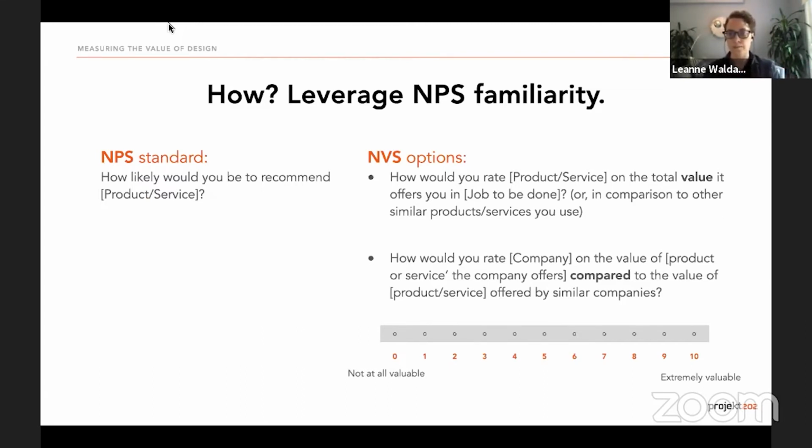You can see at the bottom here, we're measuring it in the same way, on a scale of 0 to 10, which is the scale that NPS uses. But instead of asking how likely would you be to recommend, which gives benefit to the business, but not necessarily to me, you ask how they would rate the value of something in the workflow or the job to be done,